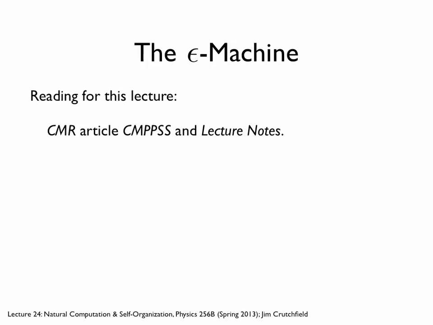Think back to Cover and Thomas when you were reading through, and they introduced various properties of information gain. The kind of proofs that the Cover and Thomas book gives are at a higher level, not very detailed or technical, but at least they're constructive and give you an intuition. So that's my goal today, to establish the main properties of the epsilon machine.